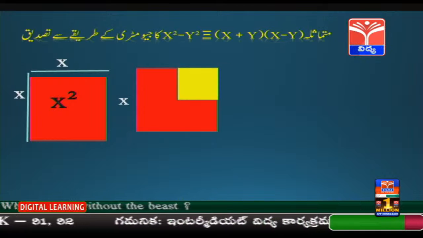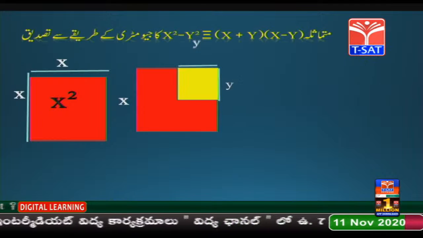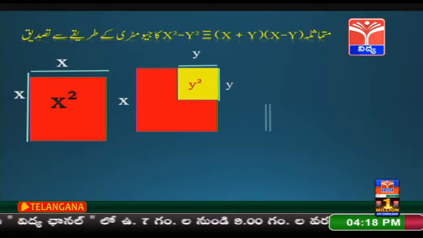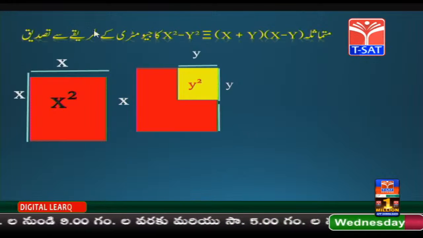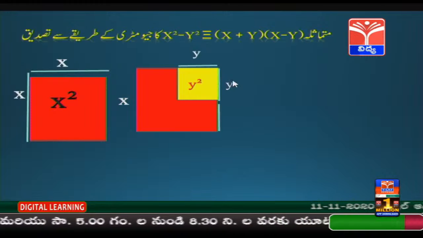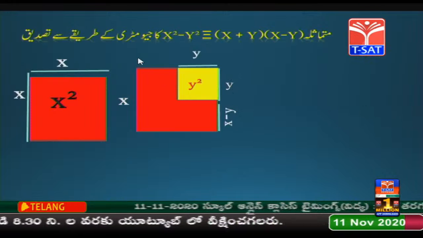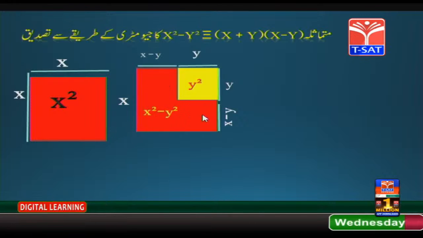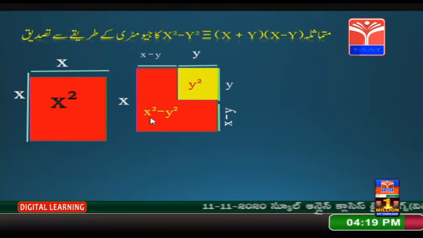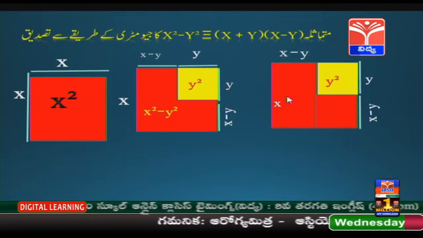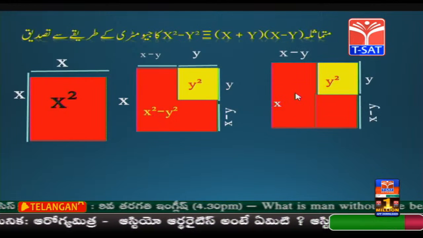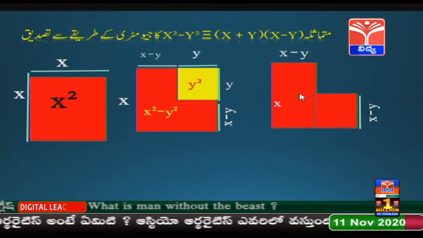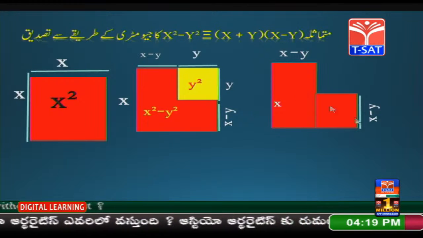यहाँ भी एक मुरब्बे को मैं माइनस कर रहा हूँ, इसका ज़िला y है, ये भी y, अब क्या होगा इसका रकबा y स्क्वायर। यहाँ जो बच रहा है बाकी क्या बचेगा, देखिए यहाँ पर मुकम्मिल x था तो माइनस y कर दिए हमने, तो x माइनस y, यहाँ भी क्या होगा x माइनस y। अब इसका रकबा क्या होगा, ये पूरा जो बाकी लाल रंग का हिस्सा बचा हुआ उसका रकबा क्या होगा, मुकम्मिल x की दूसरी में से y की दूसरी को माइनस किया गया है, तो x की दूसरी माइनस y की दूसरी। अब x की दूसरी माइनस y कॉपी एक सेम है यहाँ पर, तो अब इसमें से इसको तफरीक कर दिया गया है।